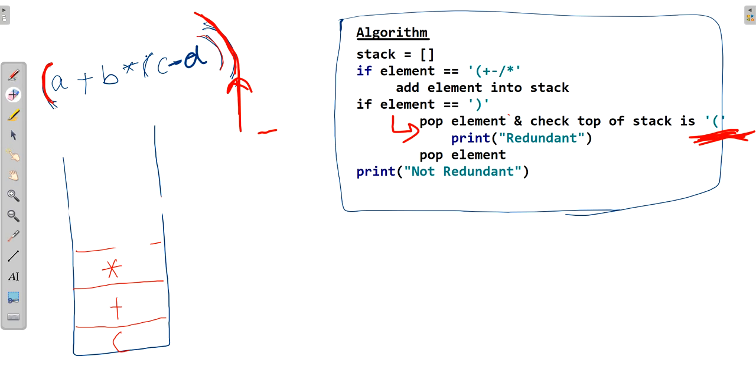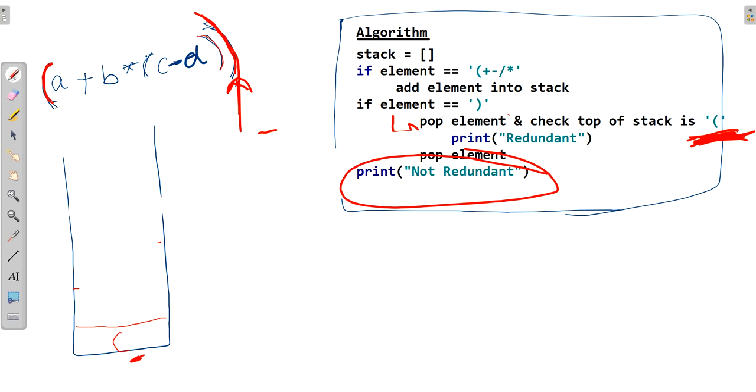The top of the stack is into, so it will be popped out and then it will check whether it has an opening parenthesis at the top of the stack. No, it was not. So again it will pop out the next element, and we have just an opening parenthesis over here. So it doesn't matter and we will get that this expression is non-redundant.